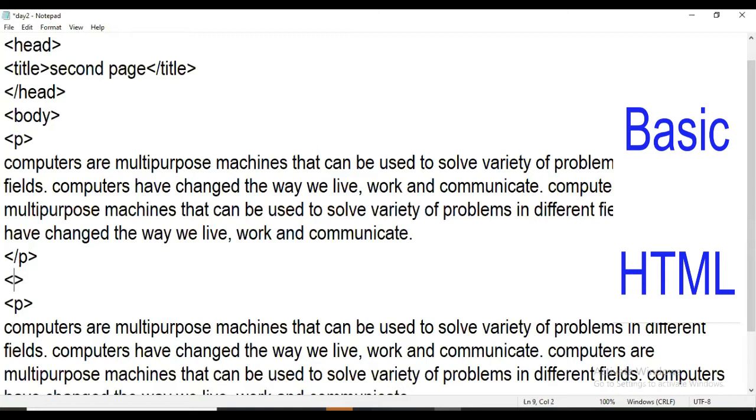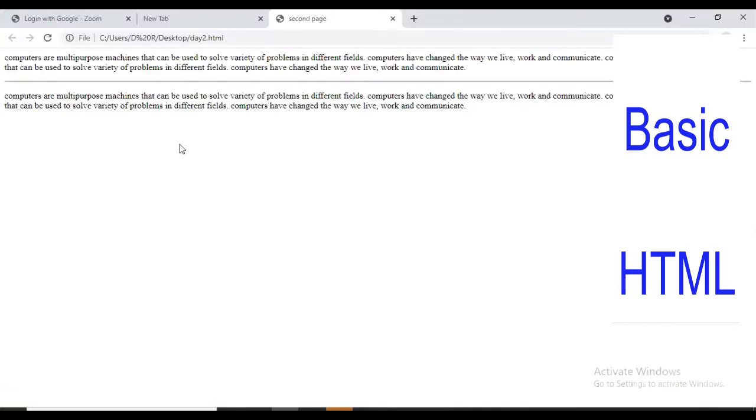We are using HR. Save. Now refresh. Now I have differentiated it with a visible line break. So HR stands for horizontal ruler, and it gives a visible line break so that you can see a line between two consecutive lines. So this is visible line break.